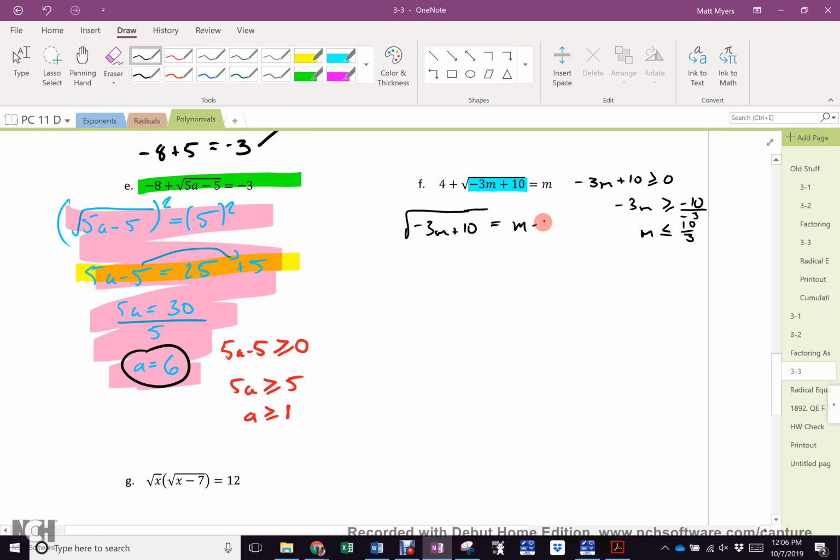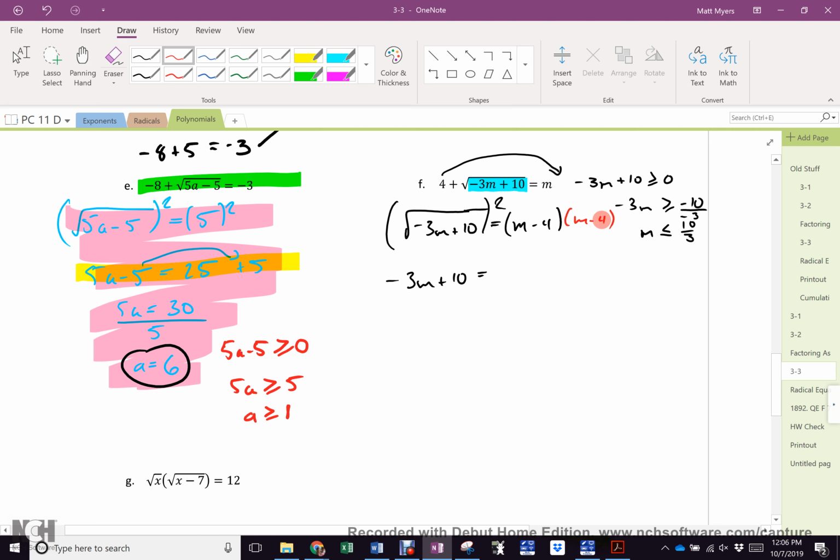I'm going to get m minus 4, because I'm going to bring that over. Right? Now, just normal. Get rid of the radical. Well, okay. Square it. Negative 3m plus 10 equals. Now, here is the next thing that you're going to mess up. Because you've got to remember, I'm squaring all of it. So it becomes